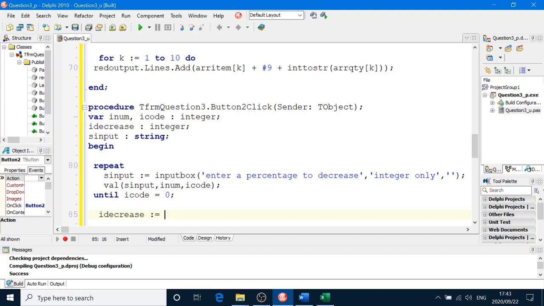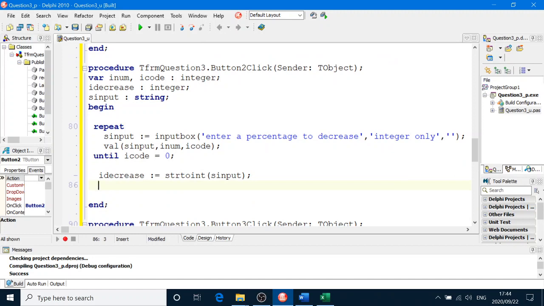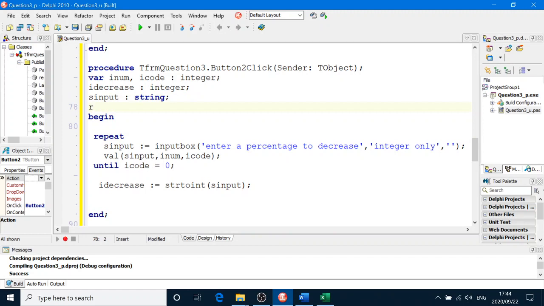equals, when we find an r code is equal to naught, this will carry on until r code is equal to naught. So that if it is, after that repeat loop, we can safely, because this input box will come up again and again until r code is equal to naught, and then we can say r decrease equals string to int s input. And now we've got our decrease percentage. Now all we have to do is go and calculate it, and we will have a real number, r decrease because we're going to divide. So r decrease,